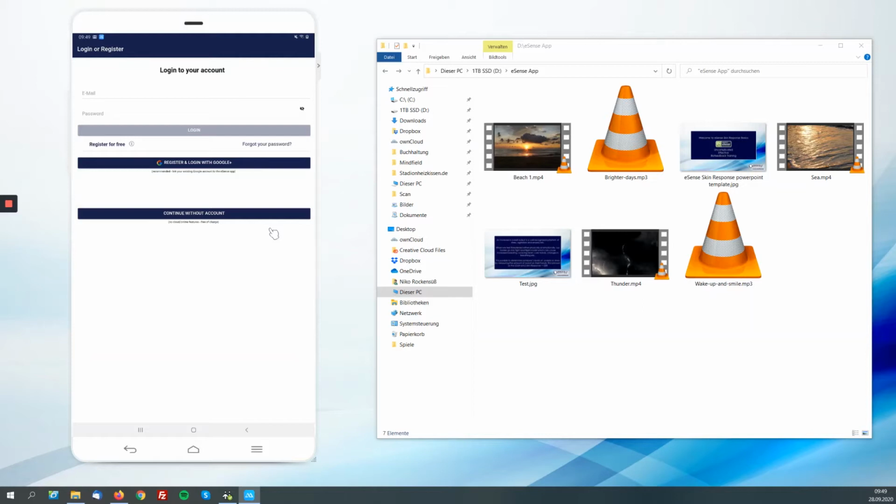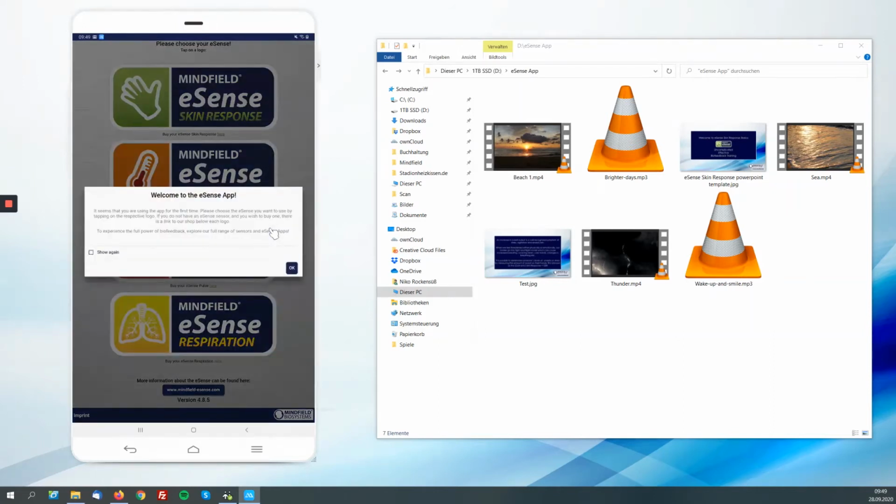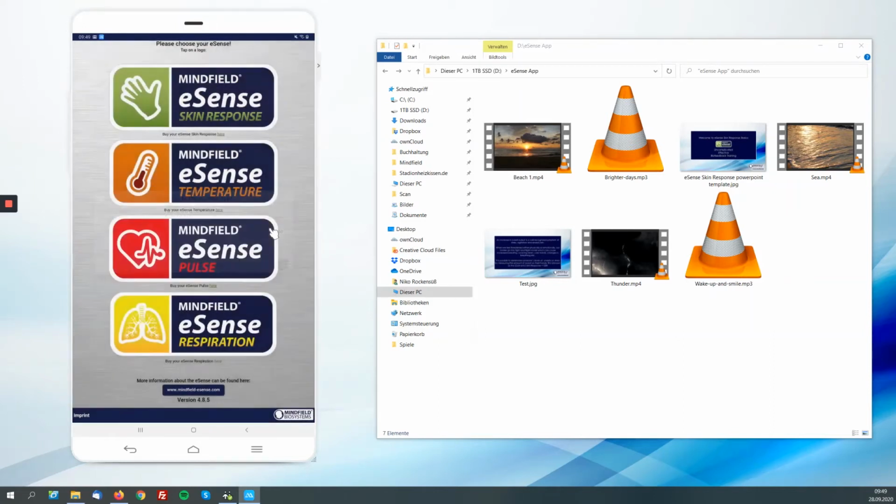And now here I just want to show you the basics of custom procedures. How procedures work, how you make them, and how you let them run. We will make a small demo procedure and let it run. So I tap on continue without account, and I come to the first screen of the logos